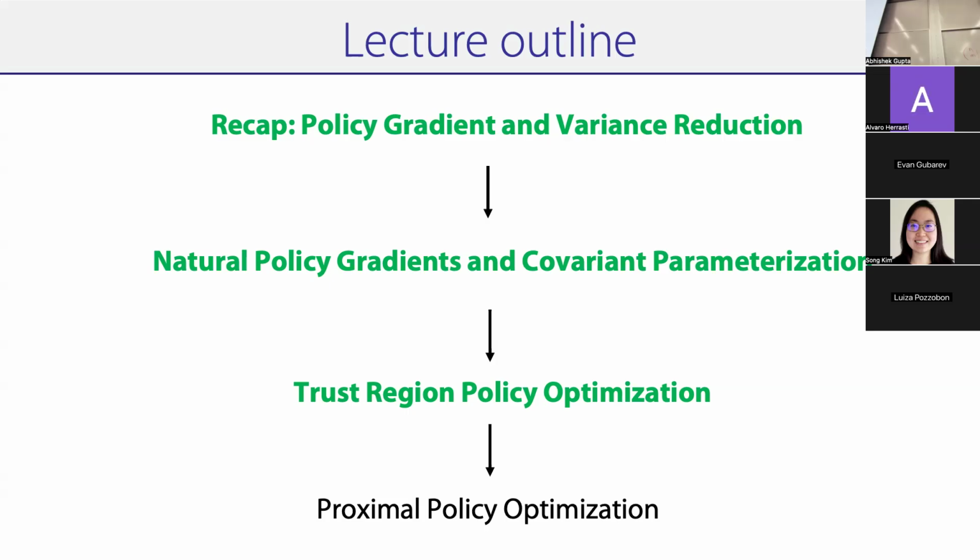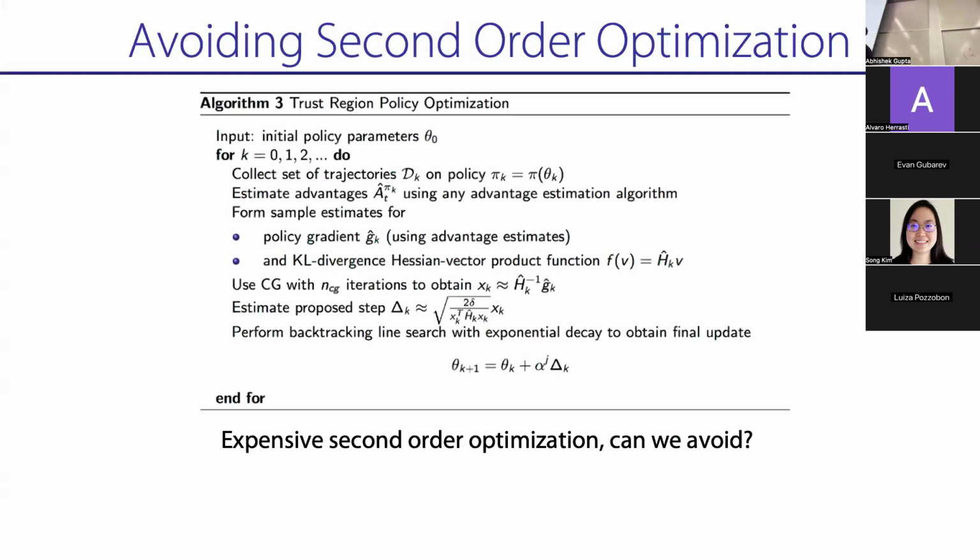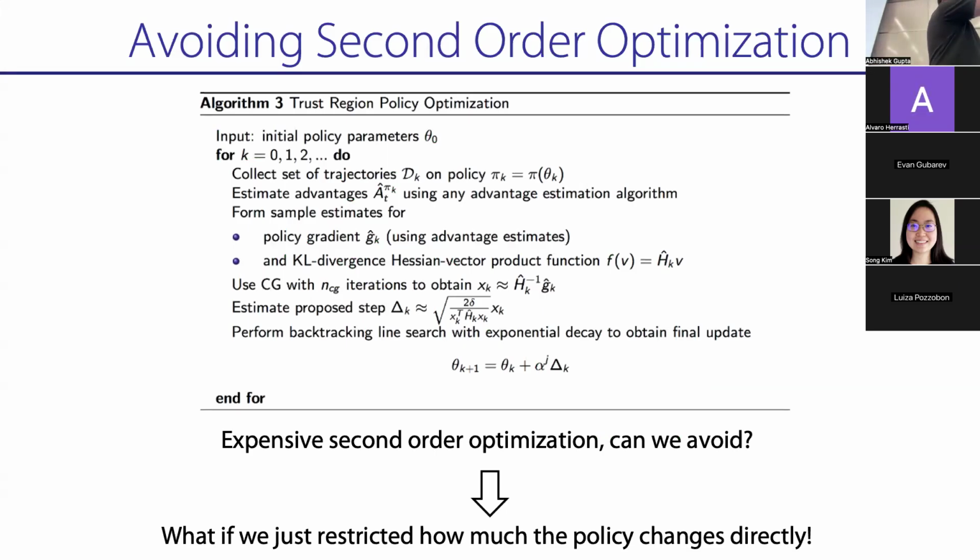Okay, cool. All right, so that brings us to the algorithm that we use today, which is proximal policy optimization, or PPO, right? And the idea behind PPO is we really want to avoid that H inverse G term, even with conjugate gradient. The general vibes of TRPO is that you keep the policy close, and then take a step. Right. So, can you explain why